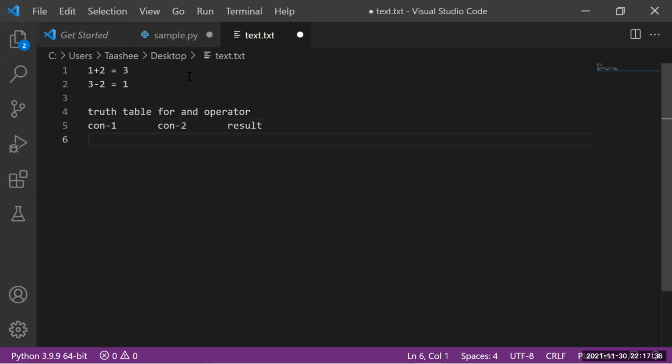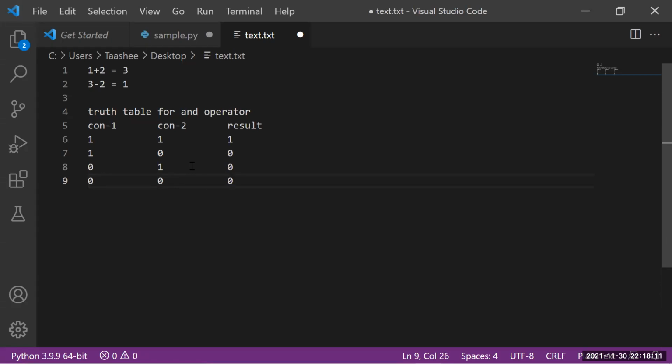If condition 1 is true and condition 2 is true, only then the result will be true. If condition 1 is true and condition 2 is false, where 0 represents false, then the result is going to be false. Similarly, 0, 1 is of course going to return 0. And if both are false, it is also going to return 0.